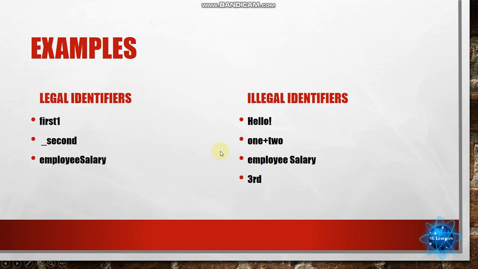You can read it. These are some legal identifiers and these are some illegal identifiers. In legal identifiers, there is a digit in a name. Actually, a digit can be used in the identifier name but not in the beginning. It can be used at the end of the variable name or within the variable name. Underscore can be used anywhere in the identifier name, and